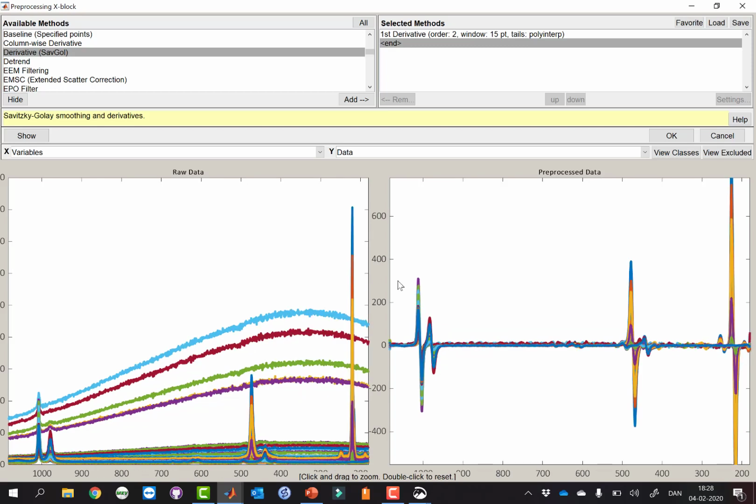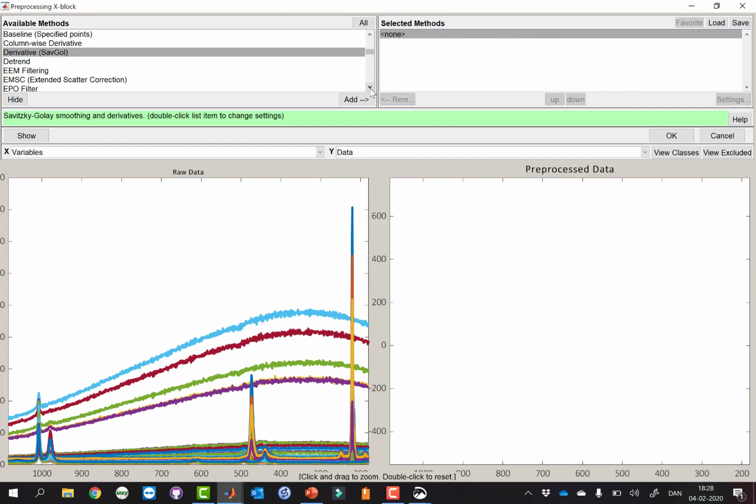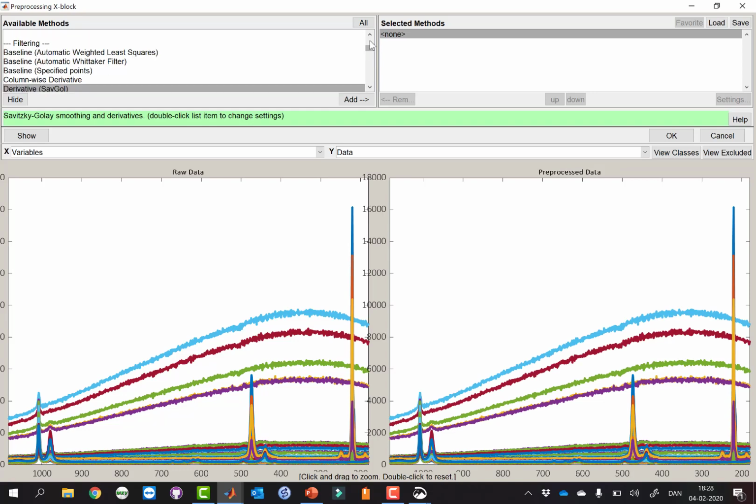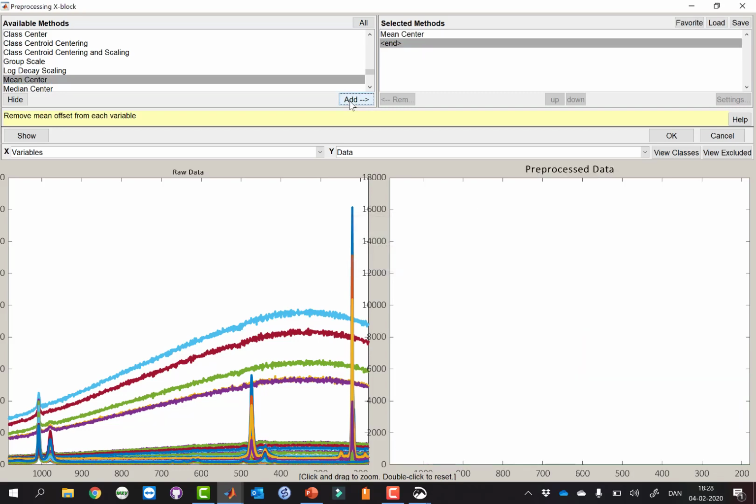Now, sometimes you may intuitively think that mean centering can remove baselines, but that's actually not the case. And I want to show you, if we try and do mean centering here, let me mean center this data set.